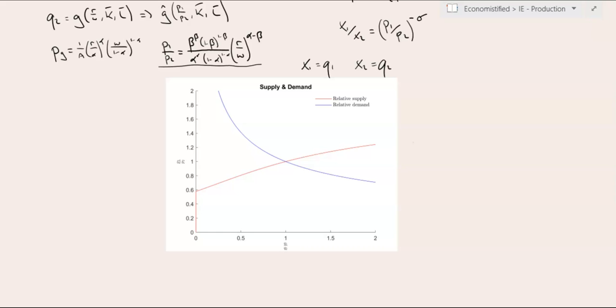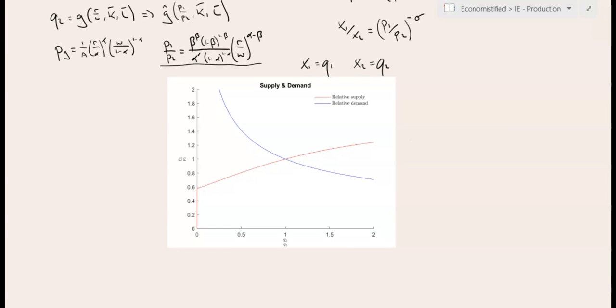producing the good with the slightly higher price will now produce considerably more because they get a higher price, but they require essentially the same amount of each factor. Conversely, if the factor intensities were very different, the supply curve would be very steep. In addition, changes in the relative supplies of the different factors are going to shift up and down the relative supply curve. So for example, we said here that good 1 is the more capital intensive good, alpha is greater